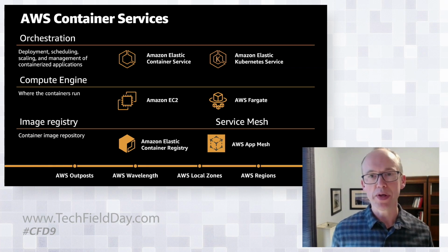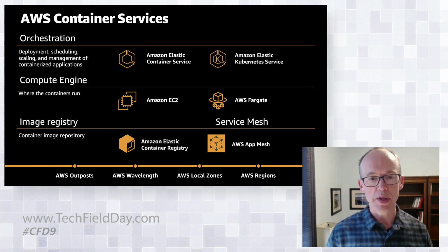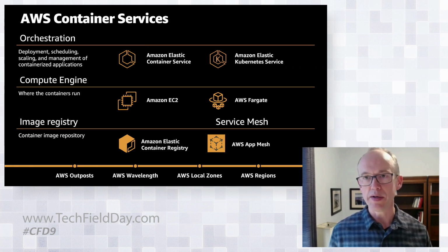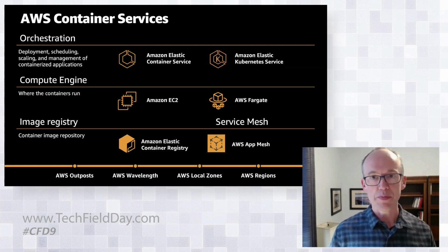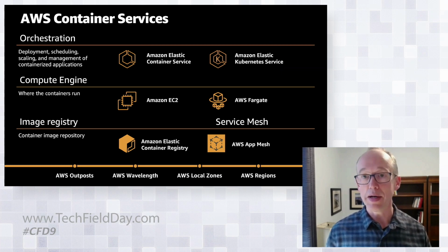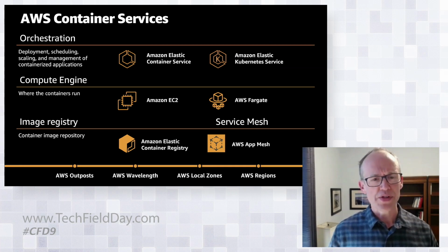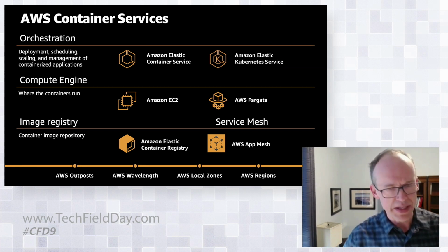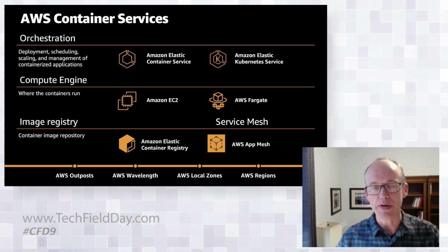Normally, back before Fargate, if you were running containers on AWS, the first thing that you had to do was fire up an EC2 instance, and that's running an operating system, and you as the customer are responsible for picking the instance type, which family and which size. You're responsible for the operating system and upgrading that operating system if there are patches to be applied. And a lot of people like that. They want that level of control. But especially as you start to look at maintaining these things over time, that can get pretty labor intensive.